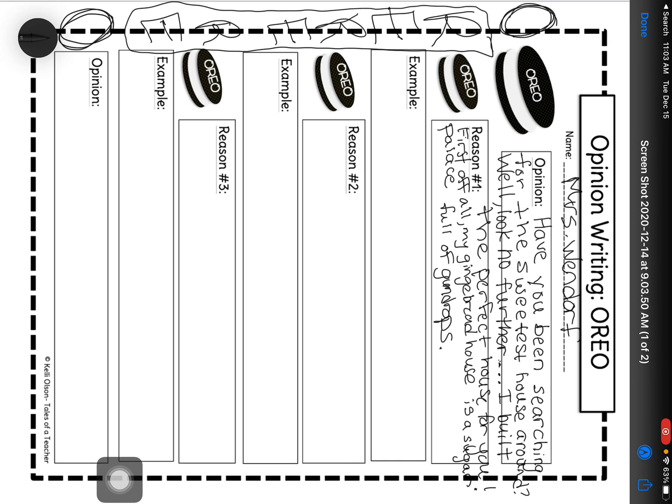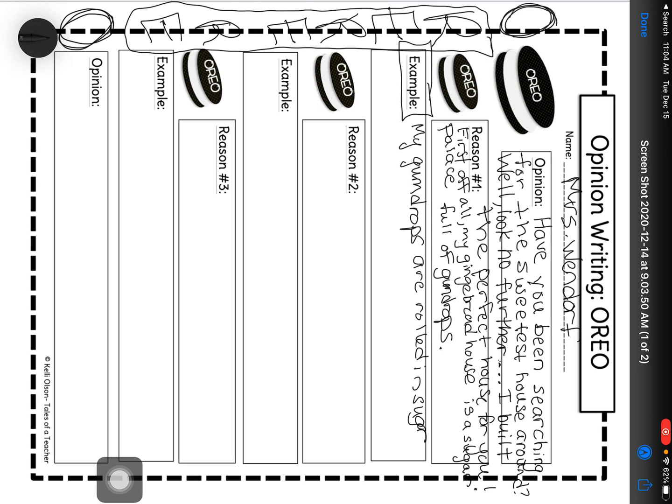Okay. Now I'm not just going to end there. Now I want to give an example. So I want to specifically say something about those gumdrops. Something about that sugar palace full of gumdrops. So I'm going to continue specifically giving an example. My gumdrops. So I'm giving an example to even give more details about my reason. My gumdrops are rolled, oh goodness, are rolled in sugar